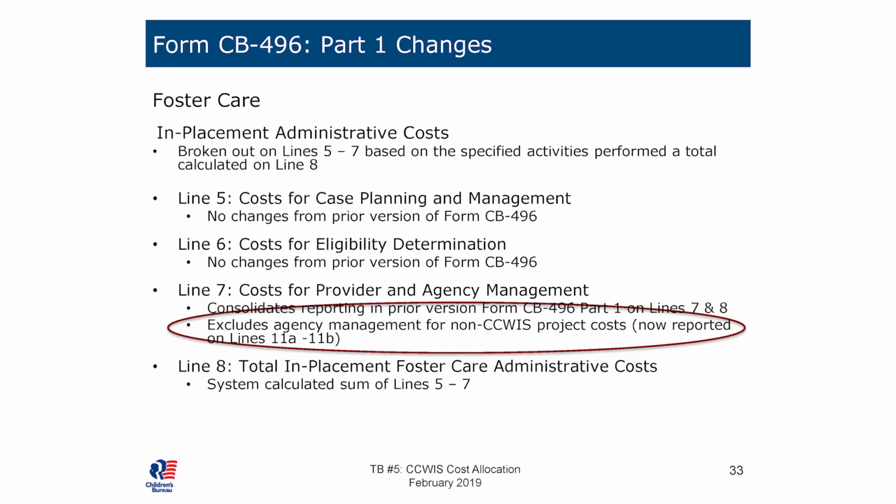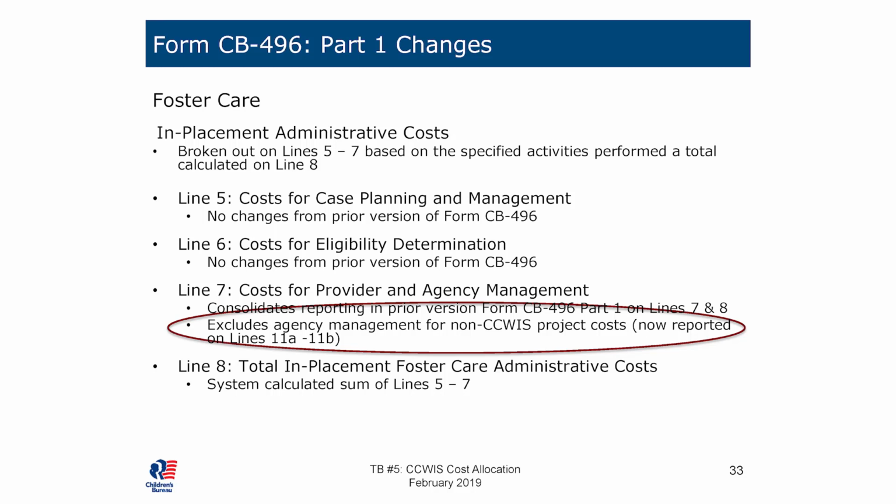Now, under the former CB-496 report, in Part 1, we had a line that was identified as agency management costs, and within the instructions, that was former line 8 on the CB-496 that was in effect through fiscal year 2018. That line requested that if you were going to report costs for a system at that point which was a non-CCWIS or non-TCWIS system, or during the transition period, a system that was not considered a transitional system to CCWIS, but was going to be a system not subject to any special cost allocation, that those particular child welfare information system costs be reported as part